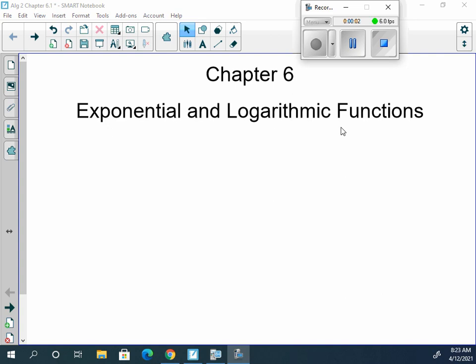So we're starting out with exponential and logarithmic functions. And what we're looking at first is really exponential decay and exponential growth. Now, exponential and logarithmic functions were really a huge advancement, especially in mathematics, especially logarithmic functions. And the reason that they became very helpful is that we can use logarithmic functions to do very big calculations,